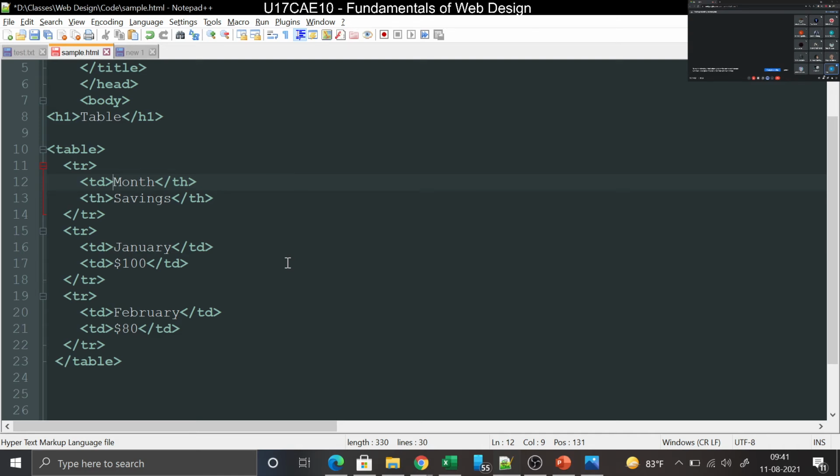I just took out the TH tag and put TD. So what is the difference between the two? Can anyone tell? Anybody? From your memory, if you are not able to tell.